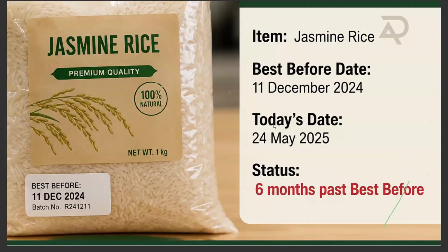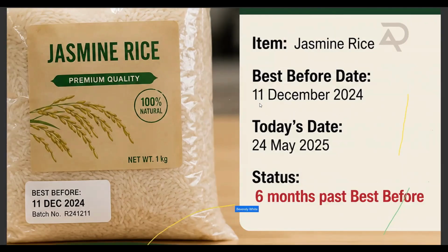And jasmine rice. Best before date is the 11th of December 2024, and today's date is the 24th of May. This is 6 months past the best before. Can you eat this rice? Natasha says no. Peter says yes, no weevils or insects. Shania says yes, at your own risk. That is correct. So you can eat it, but you have to look out for the weevils